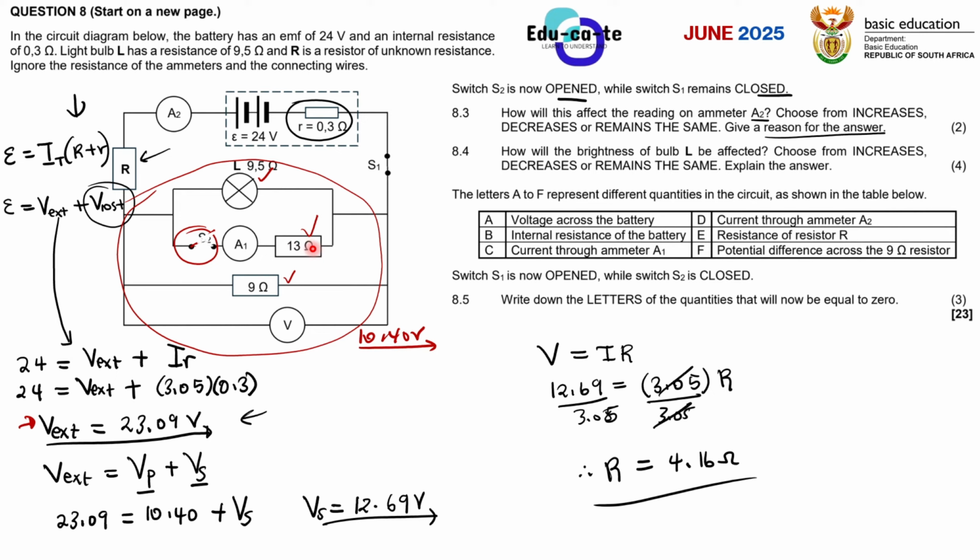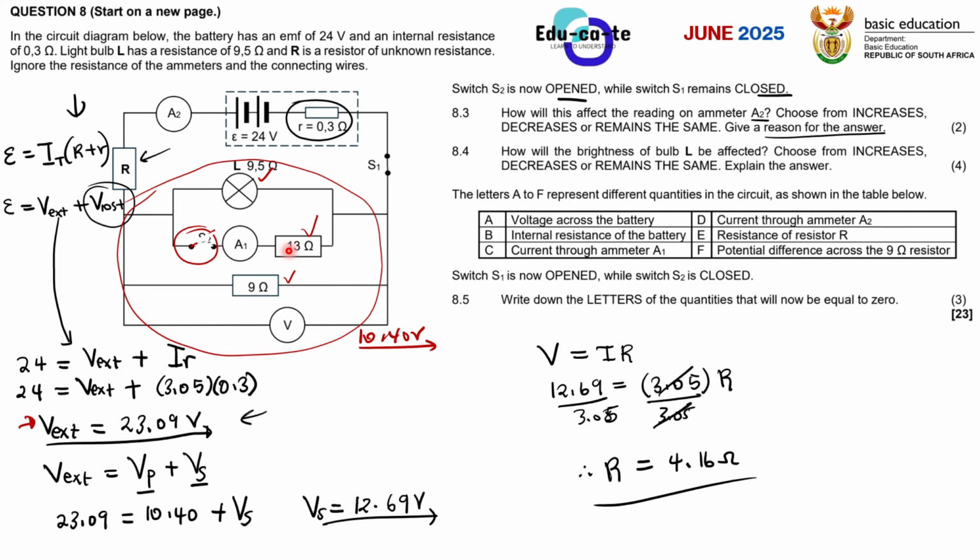In simpler terms, when we are opening a switch, what am I doing? I'm removing the resistor connected to that switch. In this case, I'm opening switch S2, so it means that this 18 ohms resistor won't receive any current. And when it's not receiving any current, it's the same thing as saying I've removed it from the circuit. So basically, I've removed the 18 ohms resistor. That's actually what happened.